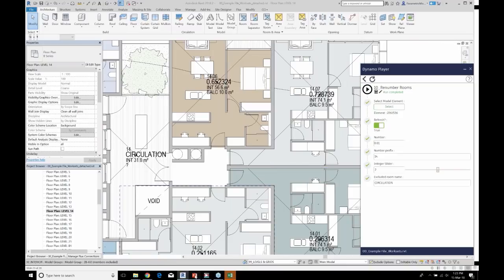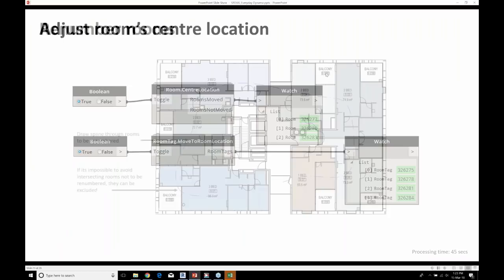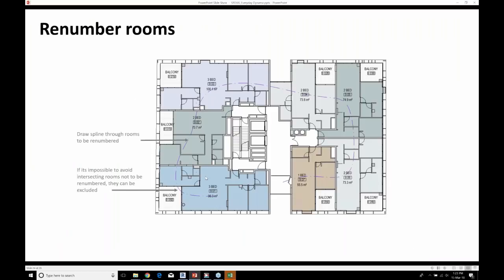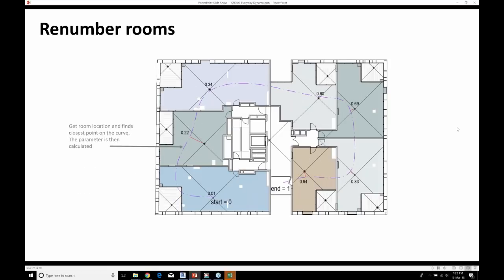So the way that this works is it's picking up the insertion point of each of those rooms. So that's why we ran the previous script, which moves all of those insertion points to the center.